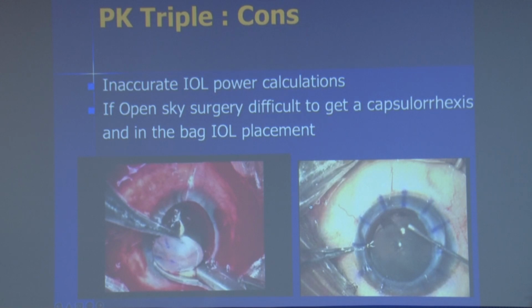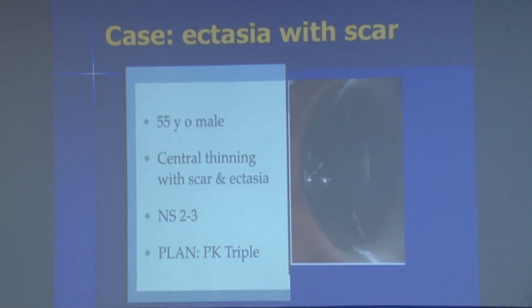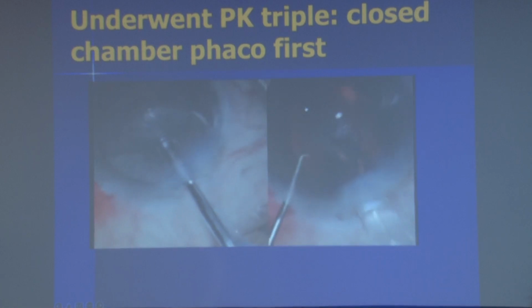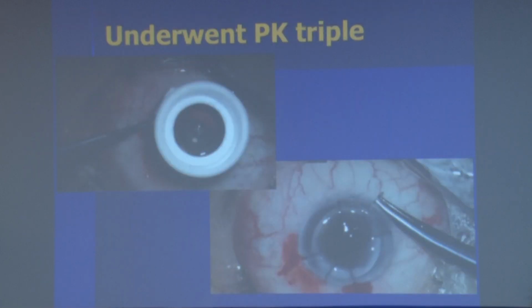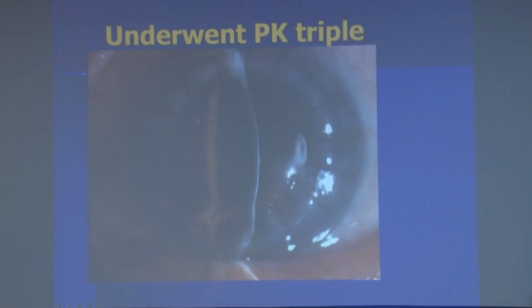Obviously, when you're doing an open sky surgery like in a triple, it's very difficult to get a rhexis, like I'm showing here. So the technique to beat that is that when you have such cases, first you do a closed chamber phaco, as I'm doing here, and then you go ahead with doing a triple. Because this patient had a central scar, we then went ahead with doing a triple surgery,